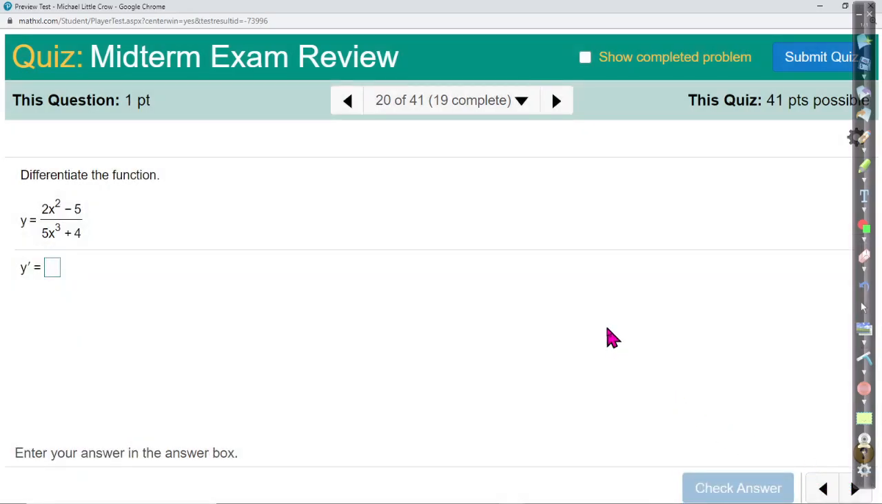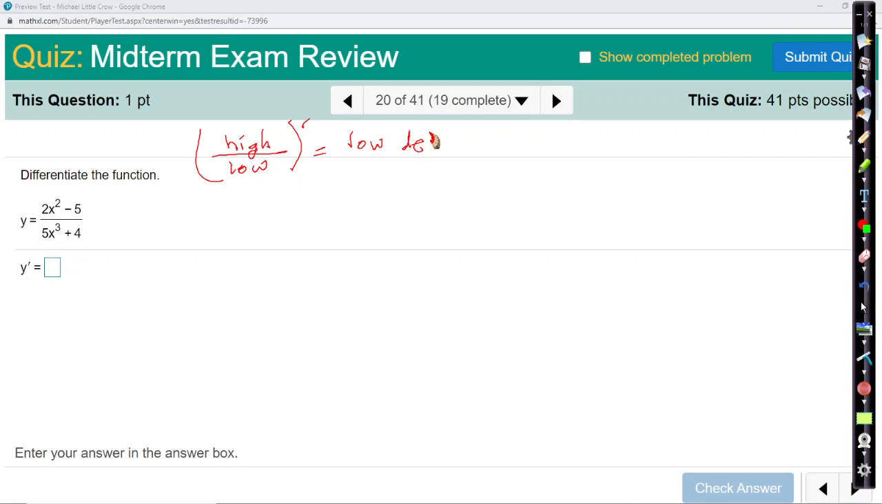20. Yeah, you have to give me the quotient rule. Okay, so this one. With the quotient rule, just in general, we've got a top and a bottom, right? So we'll call it a high and a low. And when we take its derivative, we just write the low one times d high, the derivative of the high,